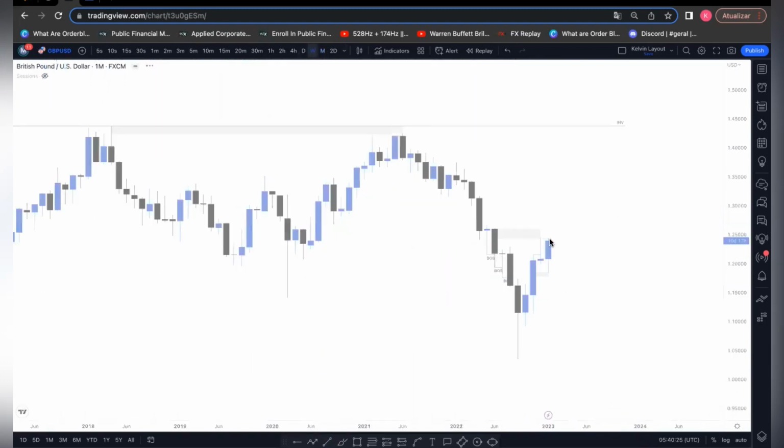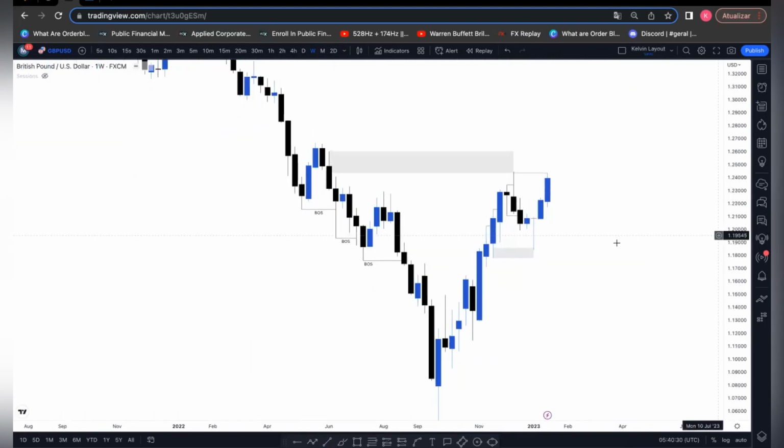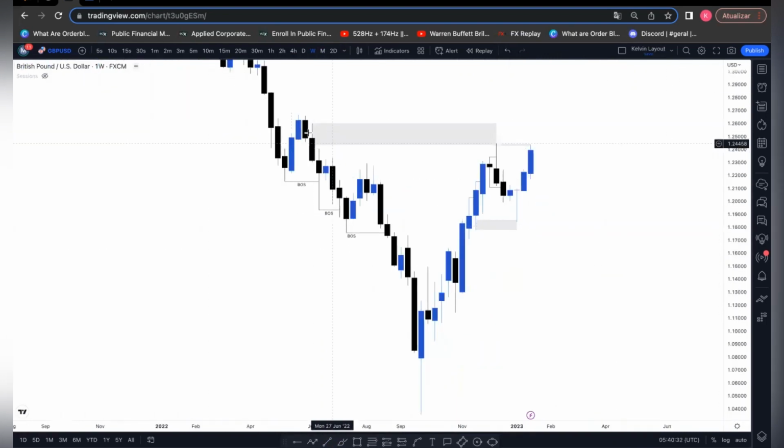And if we drop down to the weekly time frame, we can still see that the structure is quite bearish, right? Price just came to this supply zone right here. It had a nice reaction. That's why we saw this strong pullback right here. But if we drop down, for example, to the daily time frame,